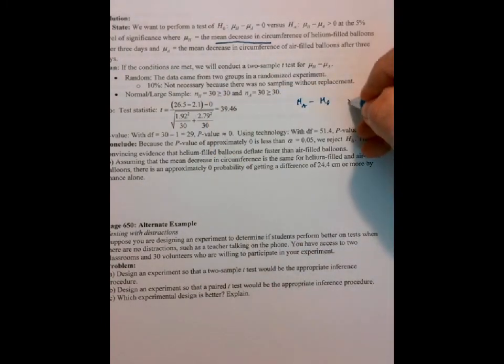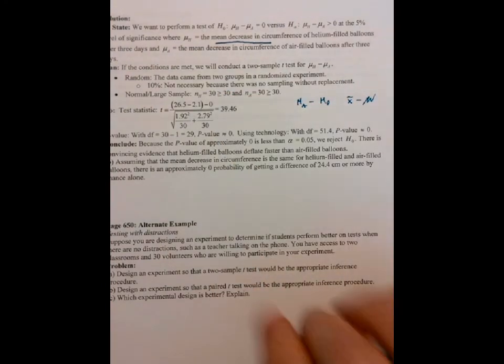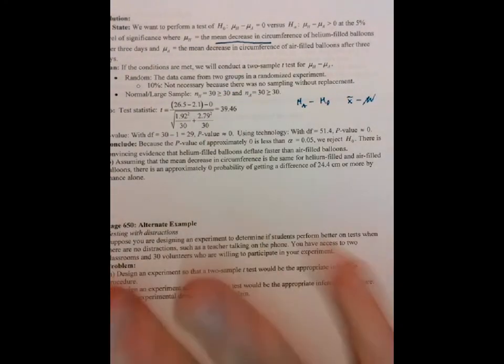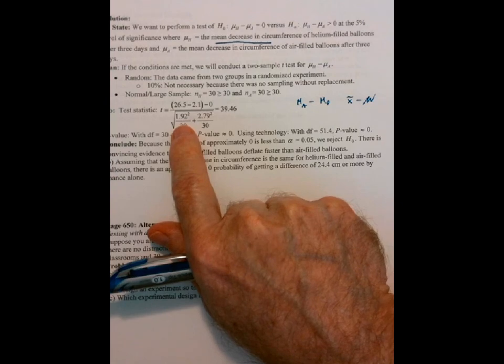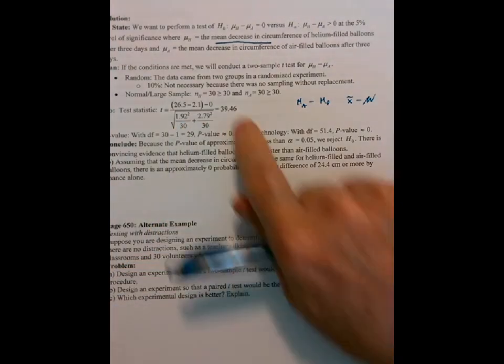It's, in effect, x bar minus mu. But in this case, mu is mu1 minus mu2. That's the mean difference, and our null is 0. Okay? Always going to be 0 for our purposes. Okay, so this is the standard error again, and we get a t-statistic of